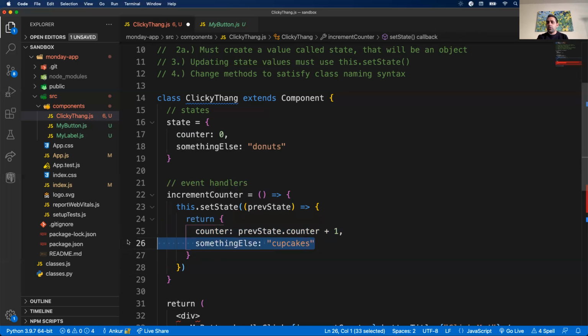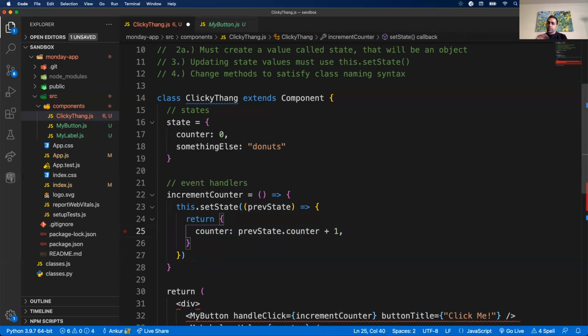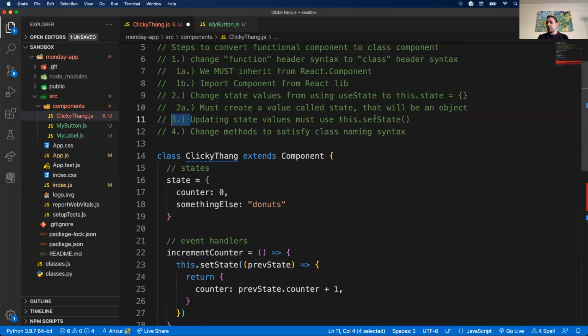If you leave off the key, that item will be untouched. It won't be deleted. It won't be removed from your state values. All right, so that was item 3. Update state values must use